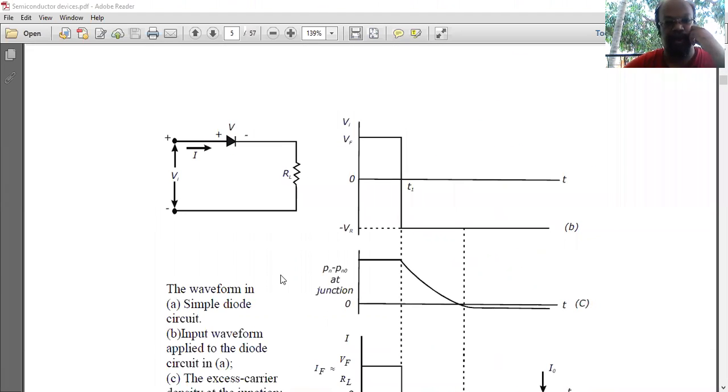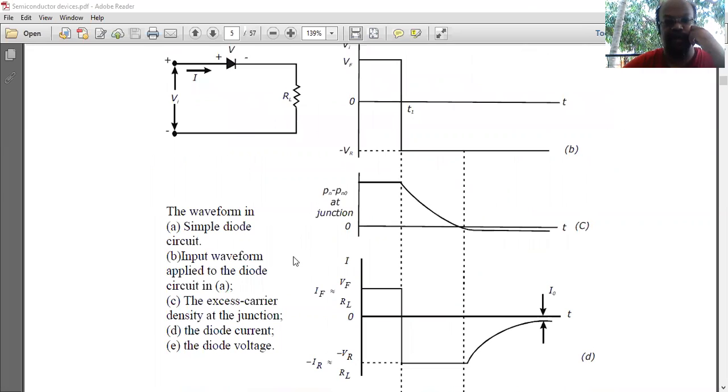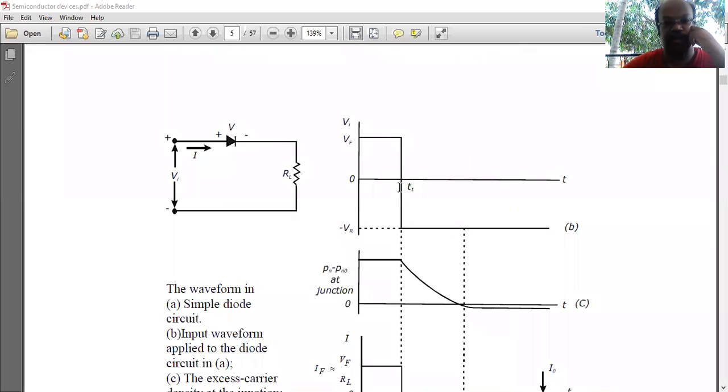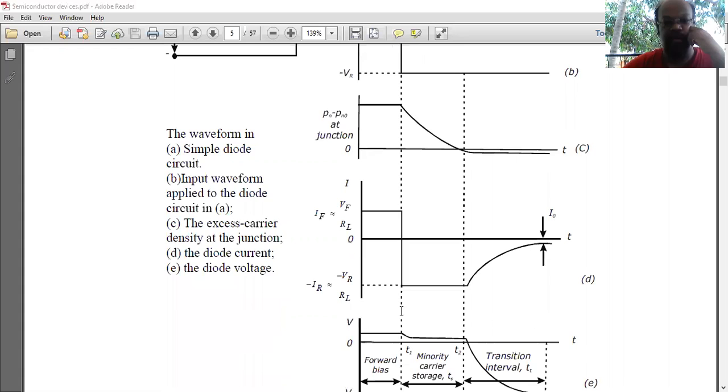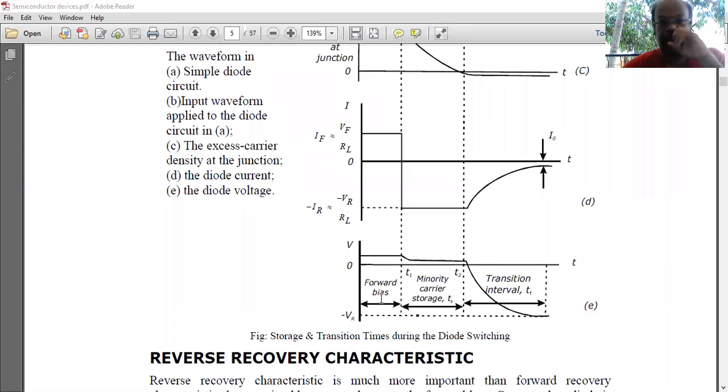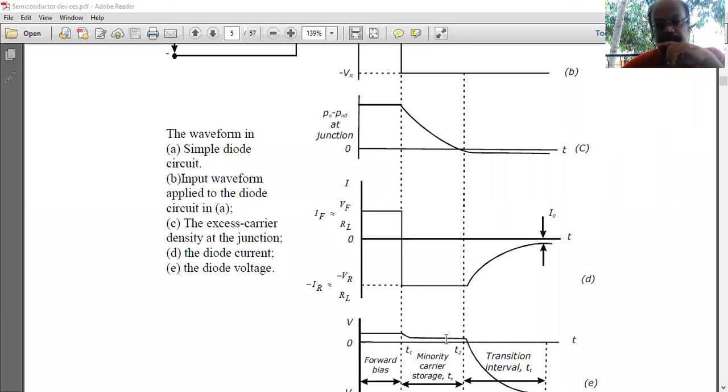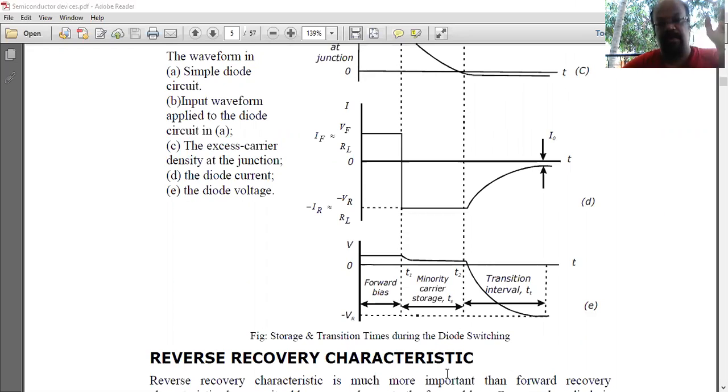Mainly when we are employing that, if it is a supply, at a particular junction, that voltage is coming and almost becomes zero. So this is how forward bias works, and what will happen after the forward bias? How it is really blocking is through minority carrier storage and recombinations. All these happen, and we have to explain that.